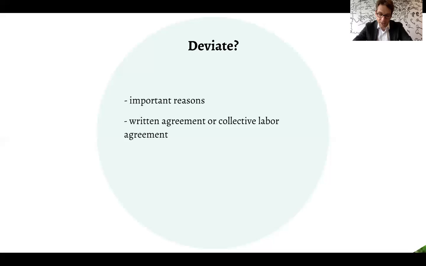If it's not possible to make agreements about the mandatory take-up of holidays, then at least make sure that the employee is regularly reminded of the amount of his holiday entitlements when these expire or lapse, and encourage the employee to take holidays. And a good approach is to actually ask the employee to come up with a concrete proposal on how he or she will take up the holidays. If you do this on an individual basis, then of course the employee will be inclined to at least reply and come up with something concrete.